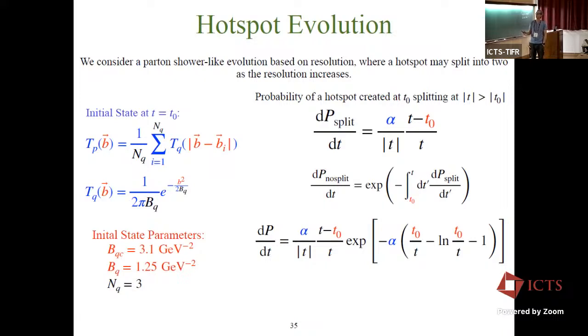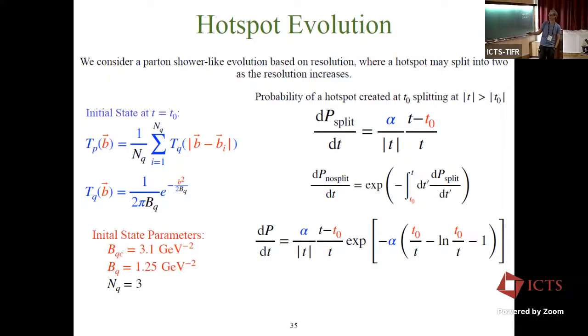And of course, if we want to get a splitting at a value T, we need to multiply the probability of it splitting at T with the probability of it not splitting before this value of T in our evolution. If we evolve from value T1 to T2 and want to have a splitting at T2, we have to multiply the probability of splitting at T2 with the probability of it not splitting between T1 and T2. So this is this Sudakov term here, and this gives us a probability density for